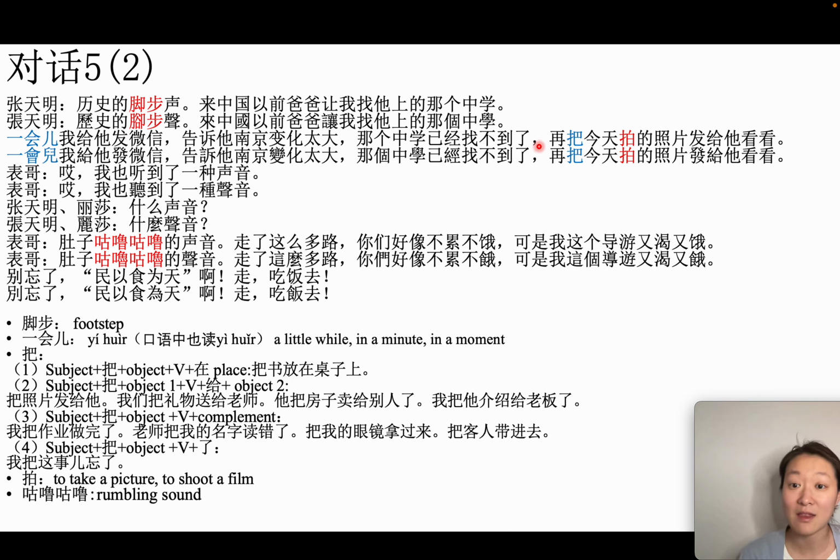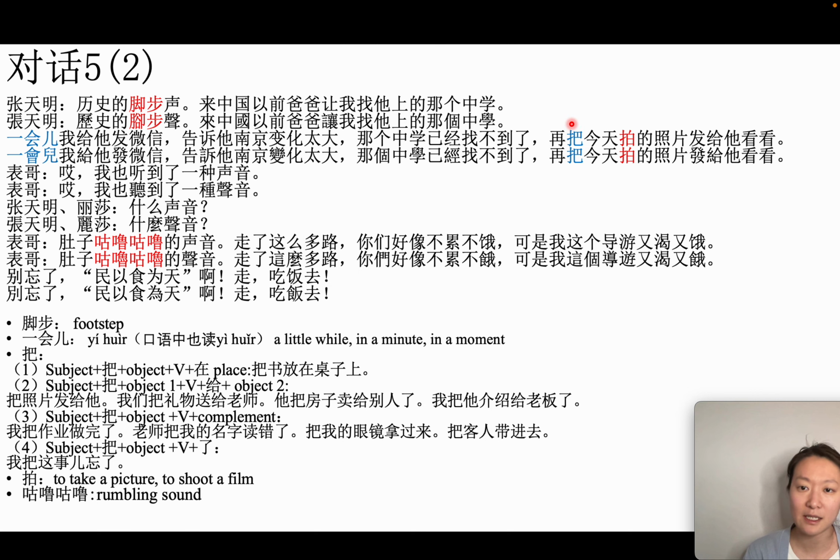And then, send him the pictures that we took today. 好，拍照片. Although in the dictionary or the textbook, 片 is fourth tone in 照片, usually native speakers say 照片 with first tone, so don't be surprised. They say take pictures 拍照片, or shoot a film 拍电影。The photo they took today: 今天拍的照片。